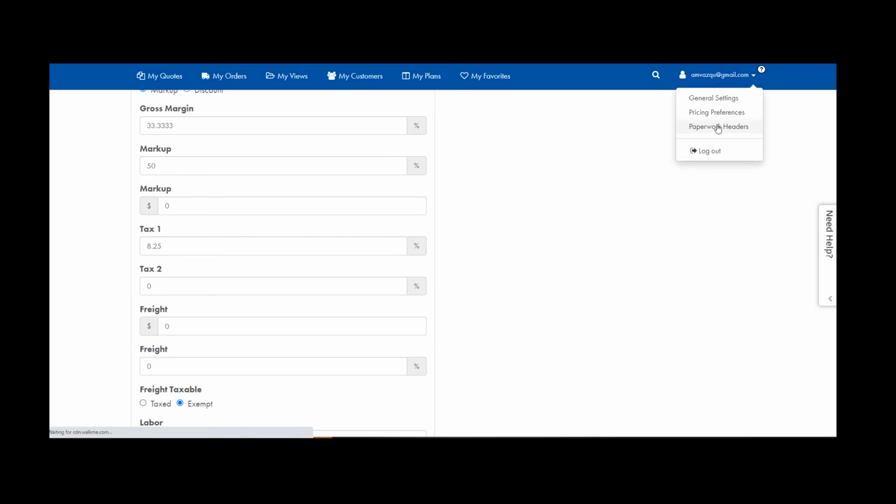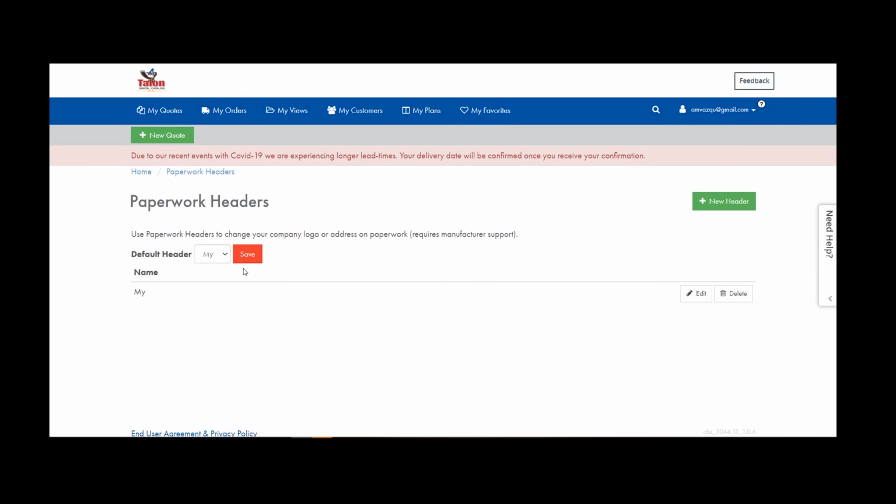And the last one is paperwork headers. So this one lets you select your header to populate on your customer's paperwork that shows, and yours, that shows your logo. So what you would do is you would go in, and I'm just going to edit the one I have so that you can see, but you would click new header,